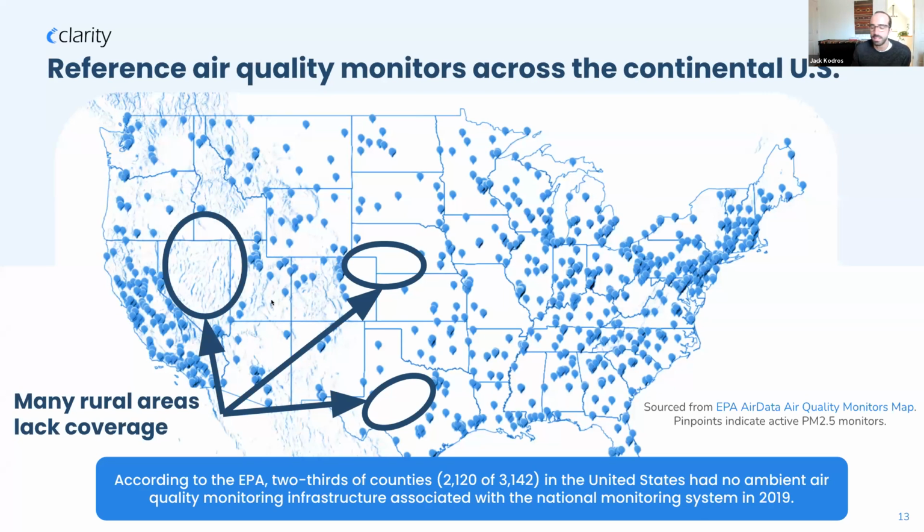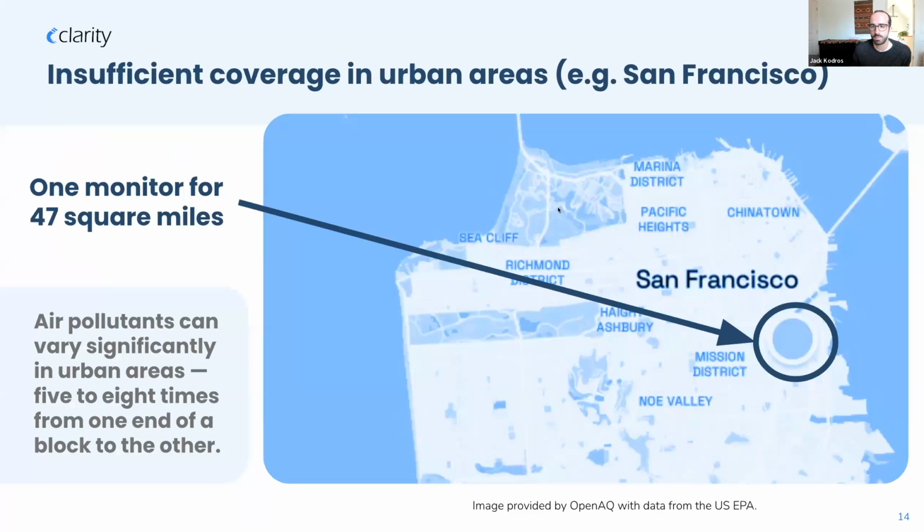Now, all that said, we can see many of the populated areas do have a reference instrument. And at first glance, this seems highly encouraging, and it is. This is a great network. But if we zoom in, we can start to see some gaps in this network. Here's an example from San Francisco. So the entire city of San Francisco has one regulatory instrument located in downtown San Francisco. And if you take a look at the geography of San Francisco, we have Golden Gate Park, we have the Pacific Ocean, Golden Gate Bridge, highways, the Bay Bridge, downtown Chinatown. It's highly unlikely that one monitor located in one location is able to capture the spatial variability of air pollution